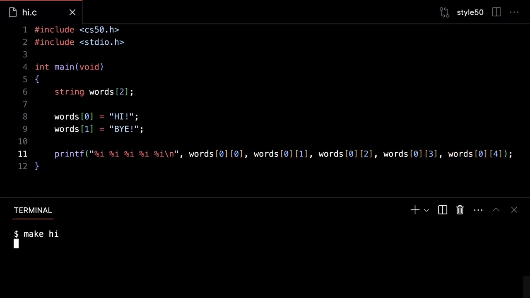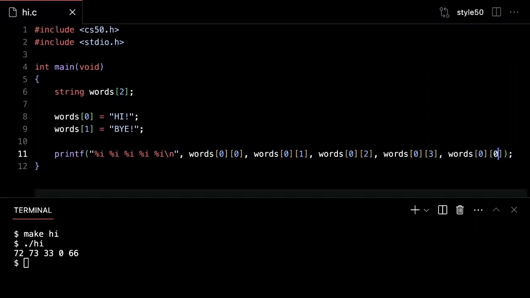So make hi, ./hi. And guess what 66 is? It's, well, just the B, but yes, 66, recall, is capital B because in week 0, capital A was 65. So indeed, now we're really poking around. And you can get crazy, like what's 400 characters away and see what's going on there. Eventually, your program will probably crash. And so don't poke around too much. But more on that in the coming days, too.